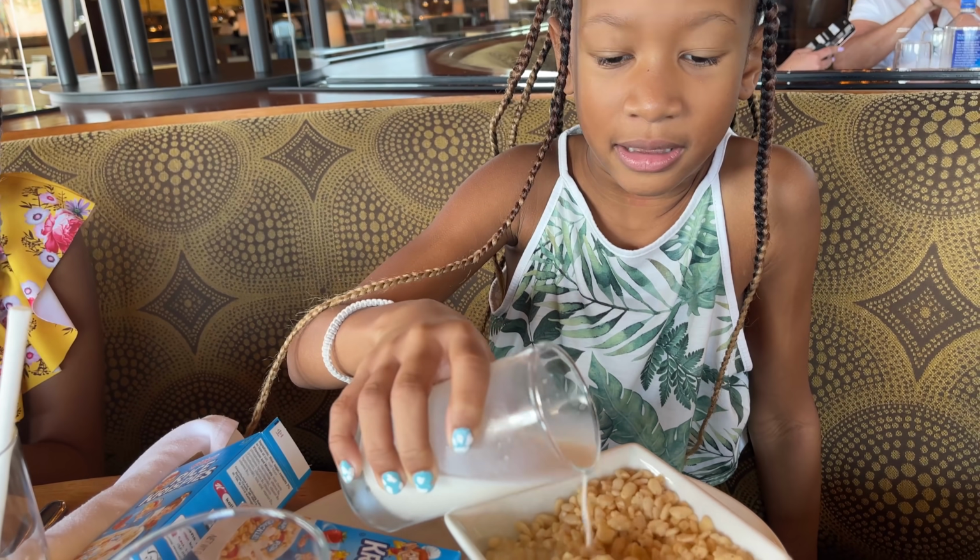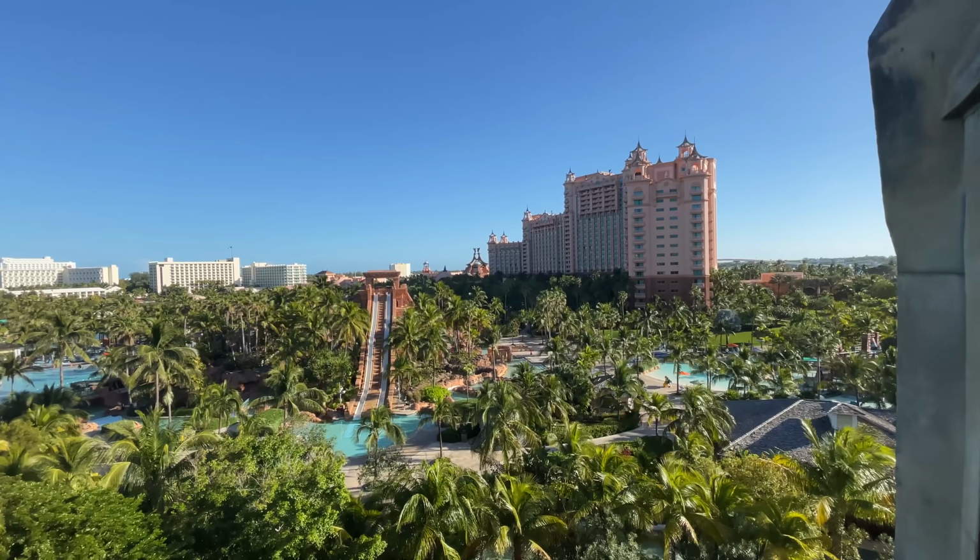Hello, we are off to breakfast. We slept in a little bit this morning, had a bit of a lazy morning, but we're off to get something to eat. The next morning we had breakfast at Olive's and then headed out to enjoy a day at